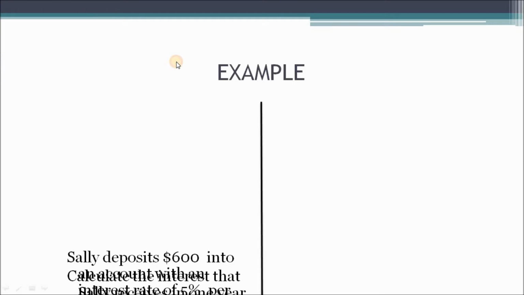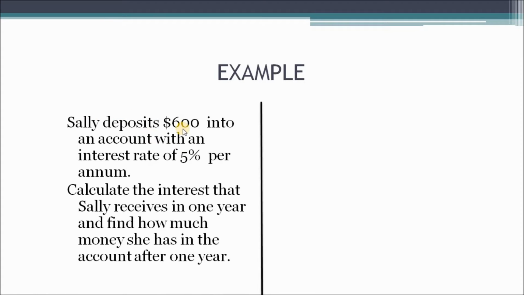Now let's have an example of simple interest. Example number 1 says Sally deposits $600 into an account with an interest rate of 5% per annum. Calculate the interest that Sally receives in 1 year and find how much money she has in the account after 1 year. The formula of interest is principal times time times rate. The principal here is $600, the time is 1 year, and the rate is